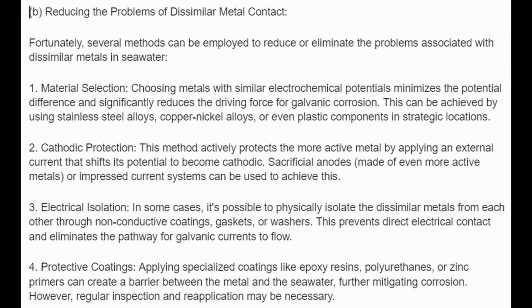B. Reducing the problems of dissimilar metal contact. Fortunately, several methods can be employed to reduce or eliminate the problems associated with dissimilar metals in seawater. 1. Material selection. Choosing metals with similar electrochemical potentials minimizes the potential difference and so significantly reduces the driving force for galvanic corrosion. This can be achieved by using stainless steel alloys, copper-nickel alloys, or even plastic components in strategic